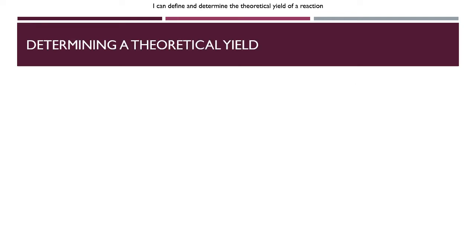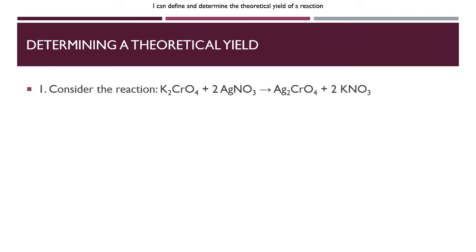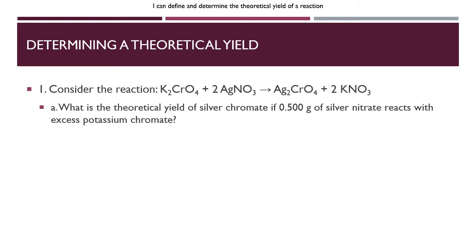So let's just jump right in here and see how we would go about determining a theoretical yield and a percent yield. What you'll find is the calculations themselves, the stoichiometry, are absolutely no different than what you've already learned how to do. So let's consider this reaction. We're reacting potassium chromate with silver nitrate to give silver chromate and potassium nitrate. And you can see the equation is already balanced there. So the question is, what is the theoretical yield of silver chromate if 0.500 grams of silver nitrate reacts with